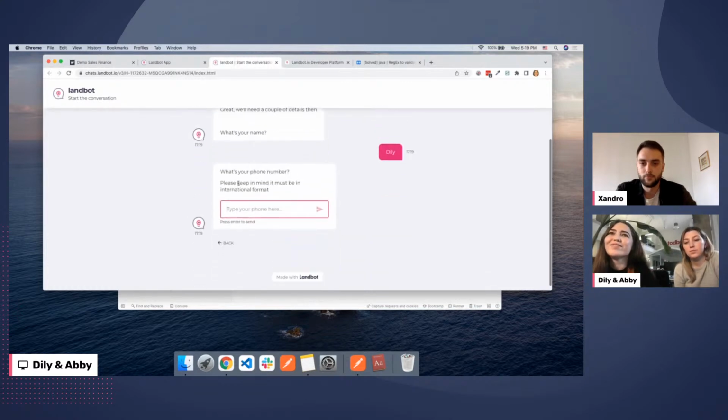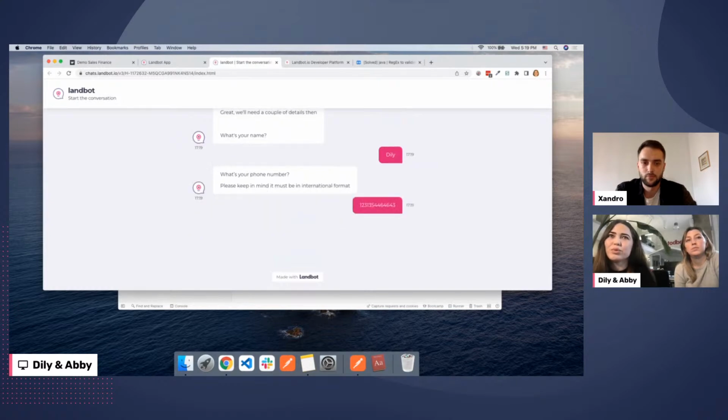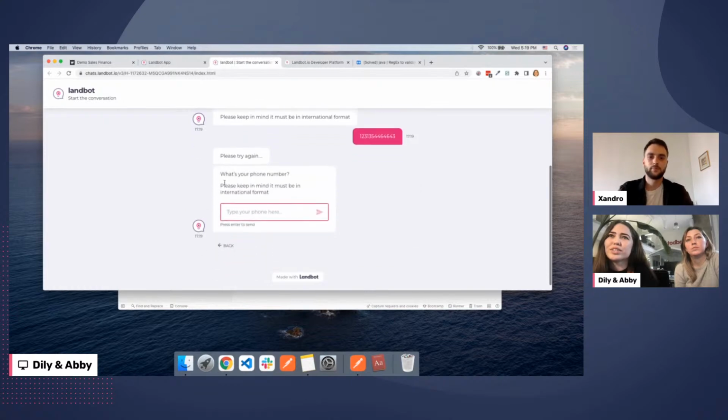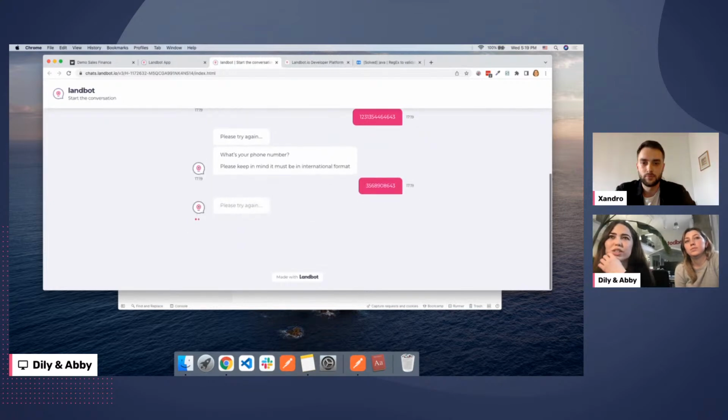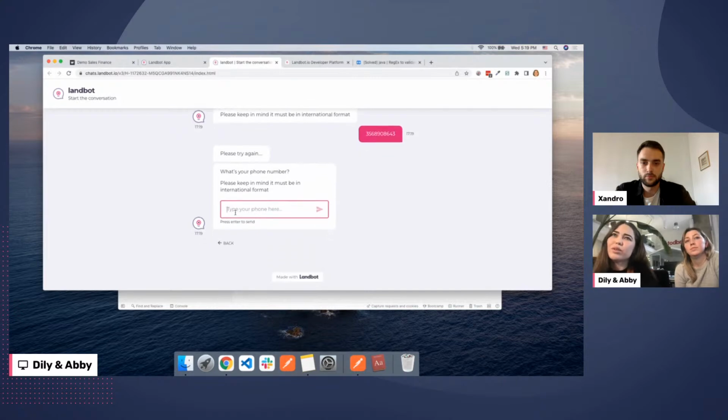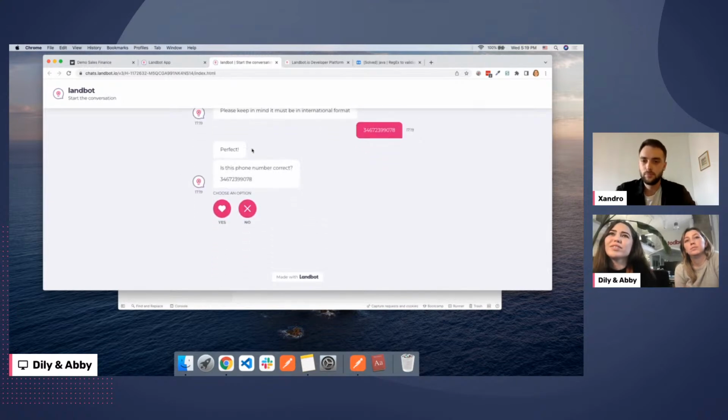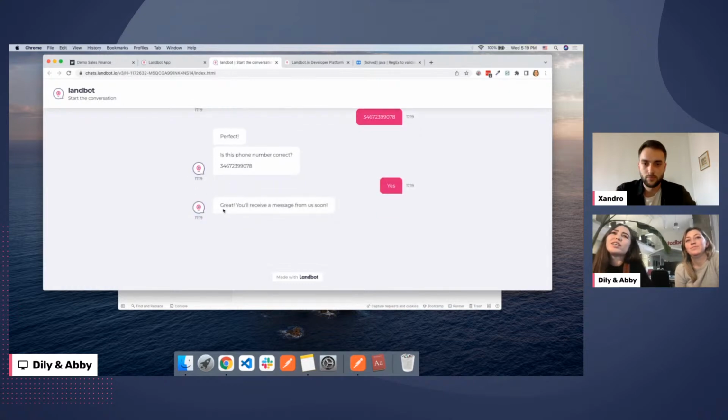My name is Lily. Let's just try with any random number, so that you can see that it will not allow us to proceed. You see here, please try again. We can try a number from a different country, just to check if it is accepted. No, which is good. And now we can find here just the specific Spanish number, which we know is valid, and here it is. It's perfect. So you can double check it, and here, as you can check, the regex. So back to you, Chandra.